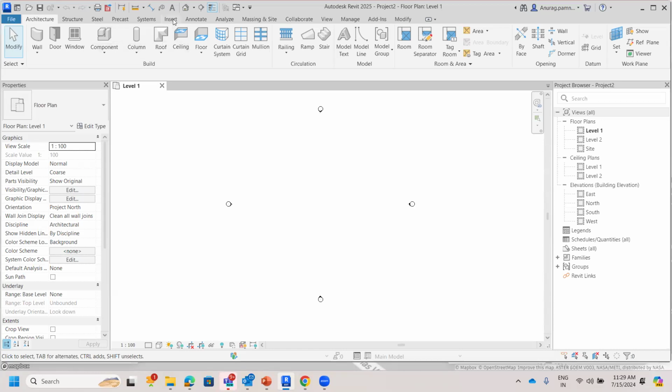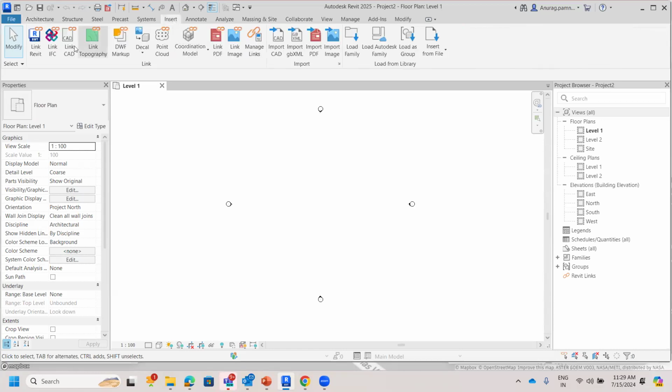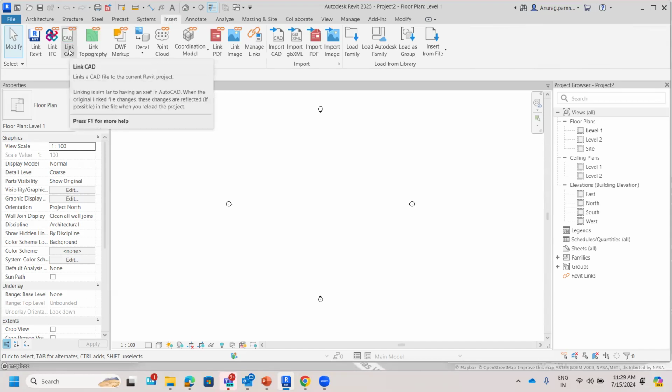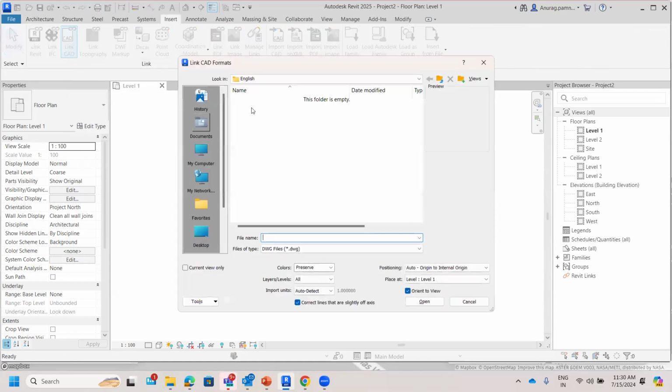So I will be going to the insert tab and I would be linking a CAD file. I have a CAD file in the form of a Civil 3D file, which was extracted from Civil 3D. So going to this link CAD option, I would be going to the specific location